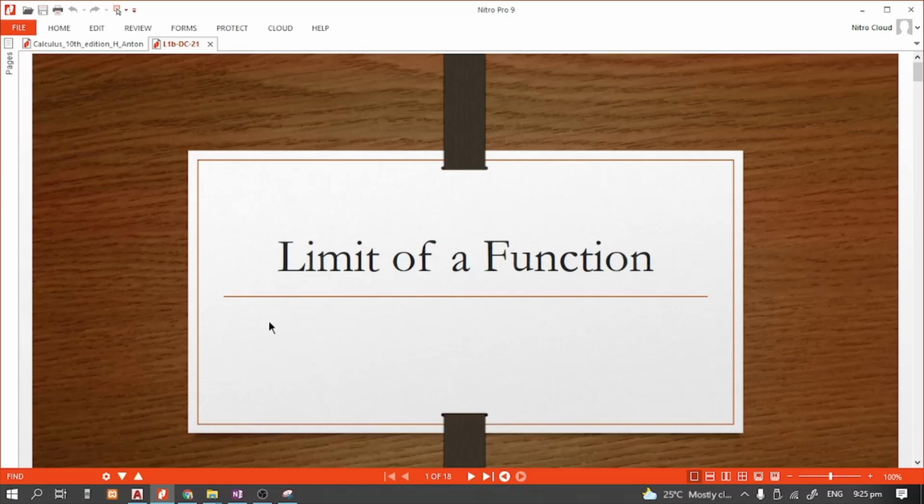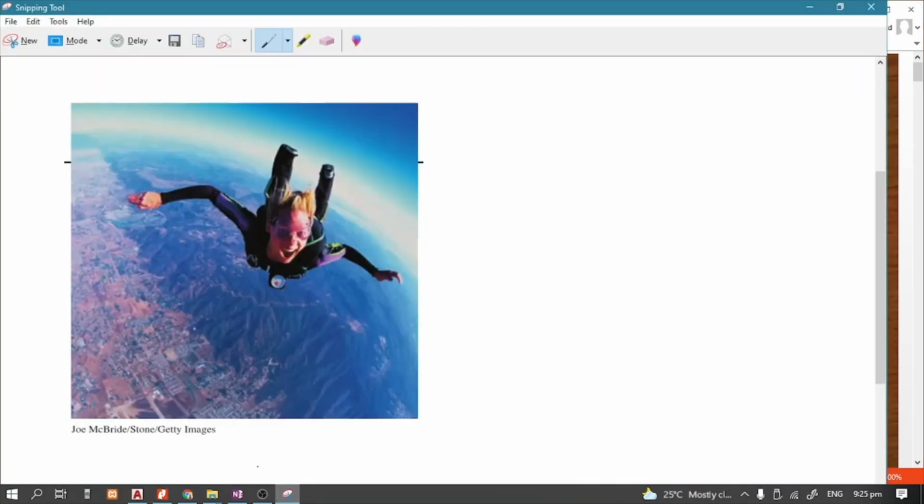Today I will discuss the limit of a function. But first, let's have a short background. So I have here a picture of a skydiver. The air resistance prevents the velocity of the skydiver from increasing indefinitely. Hence, the velocity of the skydiver will reach a limit, and that limit is called the terminal velocity, or simply